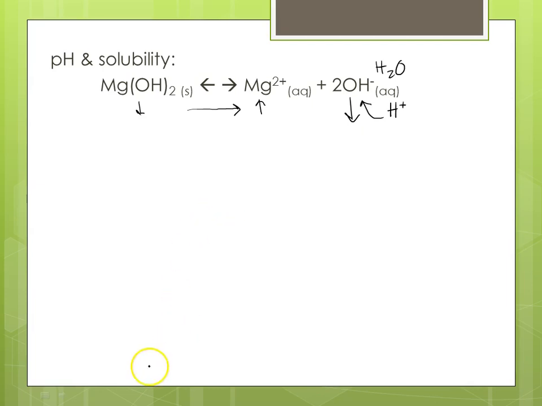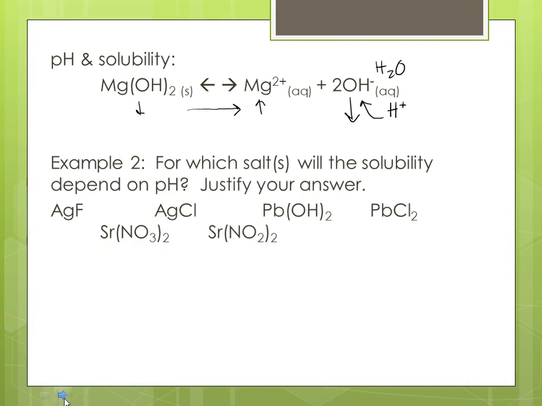So many different substances work under this same sort of idea. So if you've got a bunch of different salts, and all of these are basically insoluble, according to your solubility rules, what you're going to be asked to do is figure out, well, how will these react if you put it in an acidic environment or a basic environment? Will that help dissolve some of these substances? So for instance, if you've got this big old list and you're trying to figure out, will solubility change depending